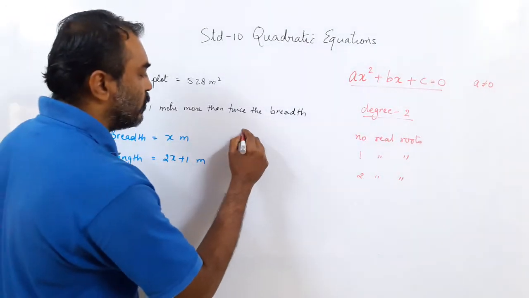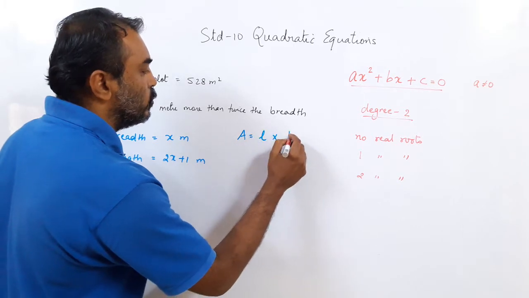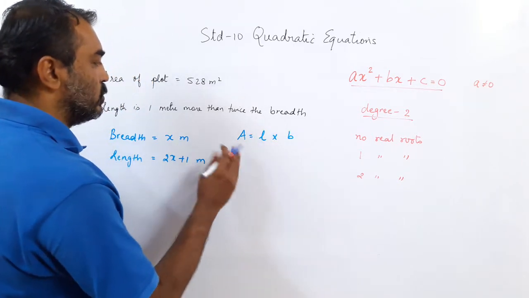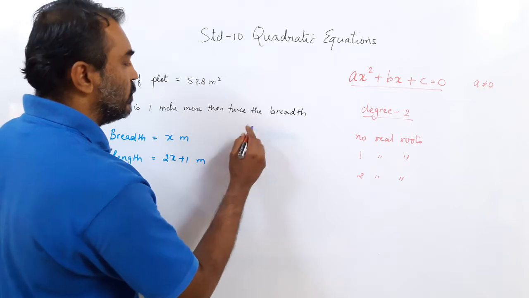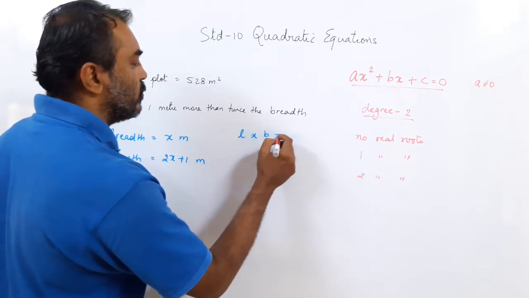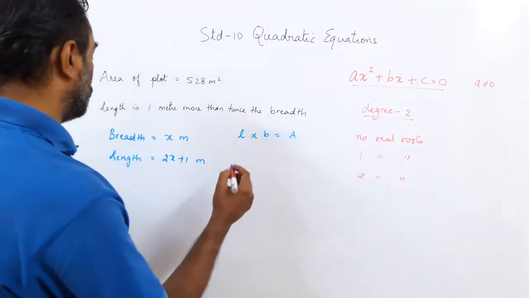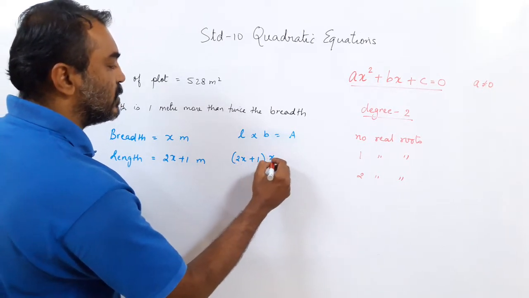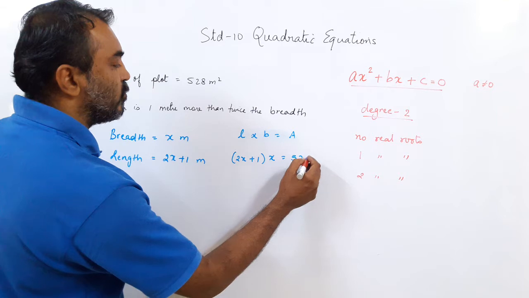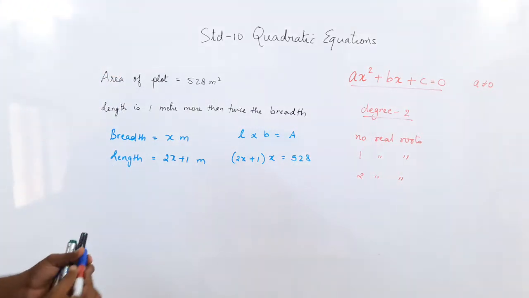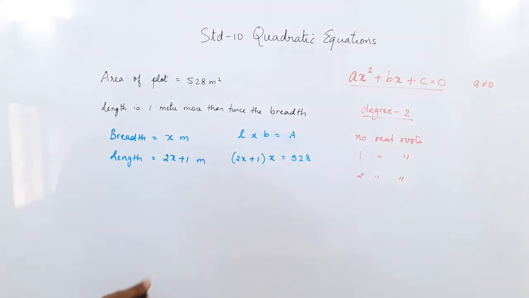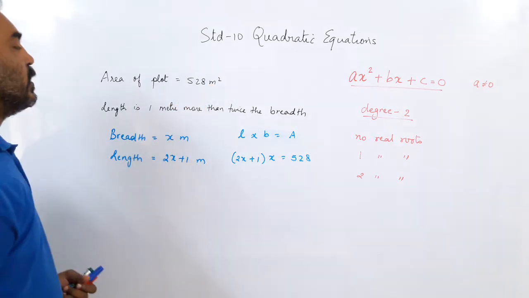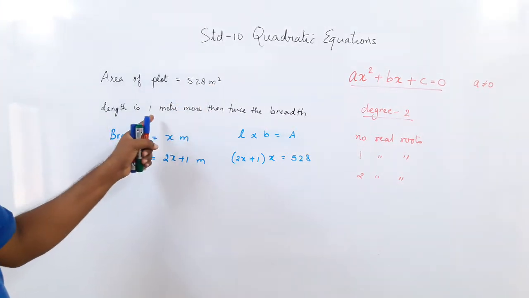And we know area equal to length into breadth. Or I will write the other way now, it is the same thing. Length into breadth equal to the area of the plot. So length is 2x plus 1. The breadth is x. And the area is 528. So this is what the person remembered. What he remembered, the area of the plot was 528 meters square and the length was 1 meter more than